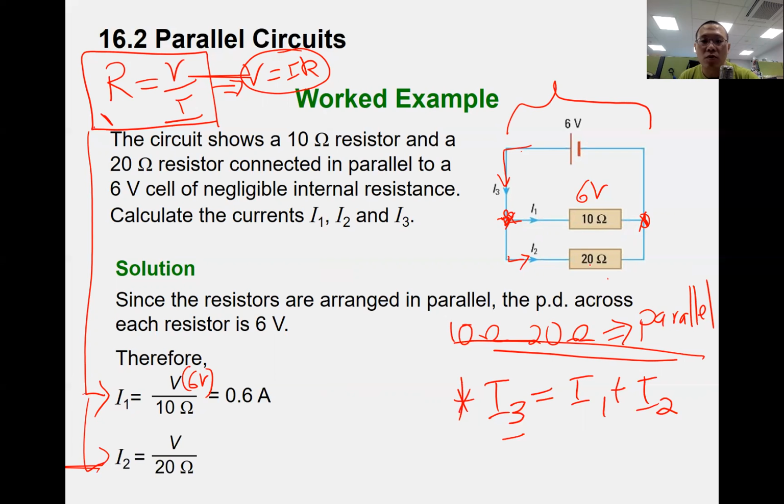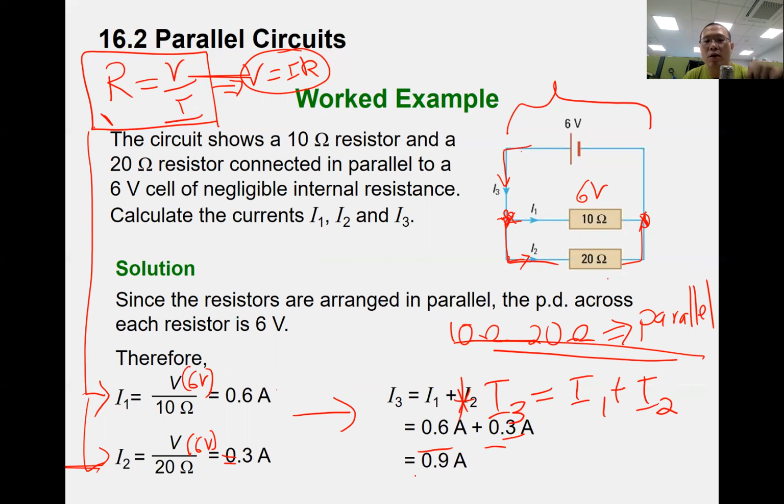The potential difference across the 20 ohms is the same as across the EMF, which means V2 will also be 6 volts. So the answer here will be 0.3. If I have I21 and I2, I know the sum of these two currents will be I3. It will be 0.6 plus 0.3, so the answer is 0.9